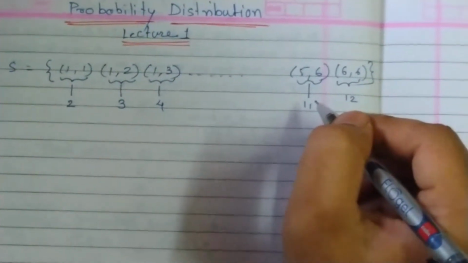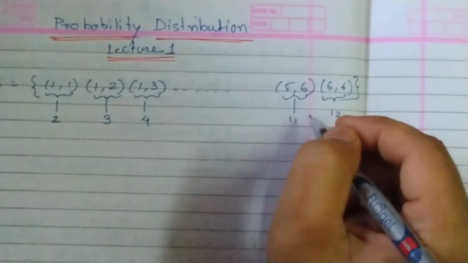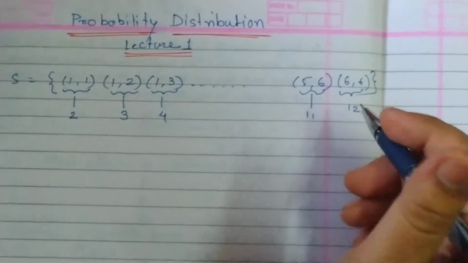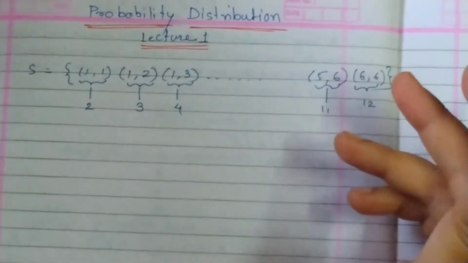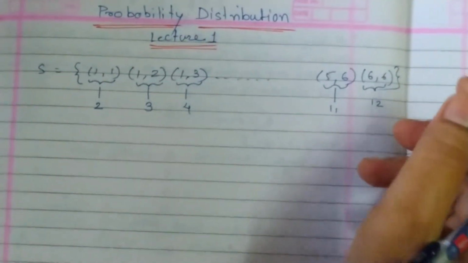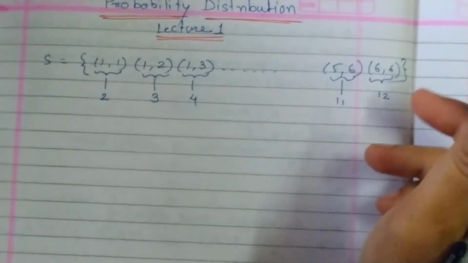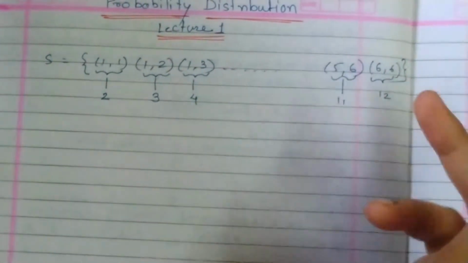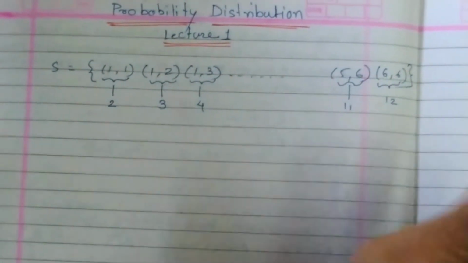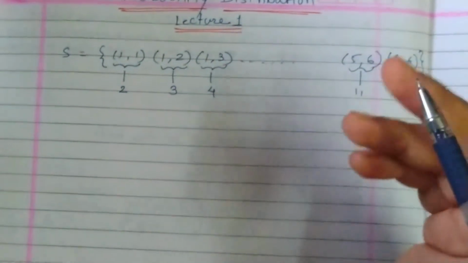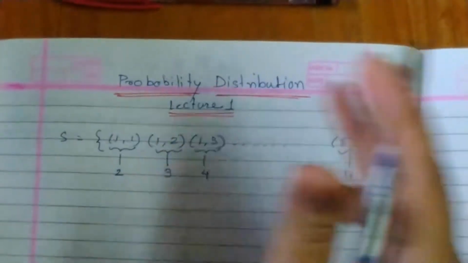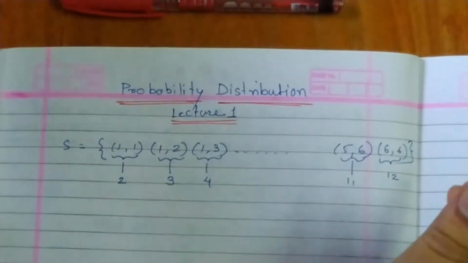This assignment of a single real number varies according to the experiment. If it is an experiment of, say, tossing 3 coins at a time, then my sample space would be different. There are a total of 8 elements. And if I am assigning the number depending on the number of heads appearing in that experiment, my assignment of this single real number is going to vary. Here I am assigning the sum, 2, 3, 4, up to a maximum of 12. There, a maximum of 3 heads can appear and a minimum of 0 heads, so I am going to assign 0, 1, 2 or 3 in that case.